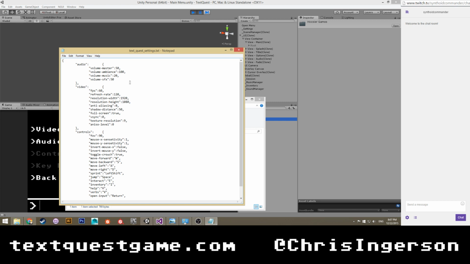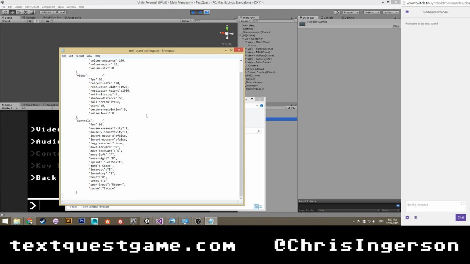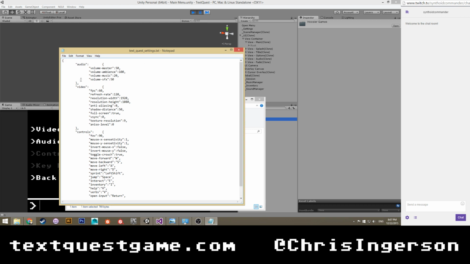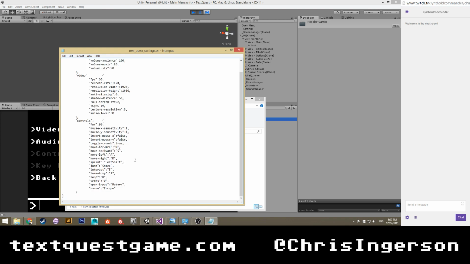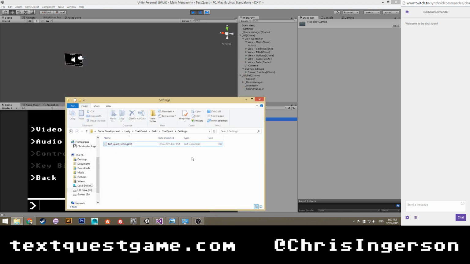And if for some reason you ever have to adjust these files manually, it'll make adjusting them a lot easier. I could probably look into an .ini file, but this is fine too, I think. And then, of course, since this now exists, whenever the game boots up for the first time, it's going to parse out all of this and then load that as the settings. So that's where the settings stuff is right now.